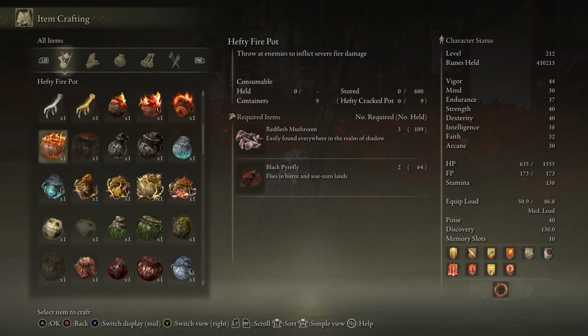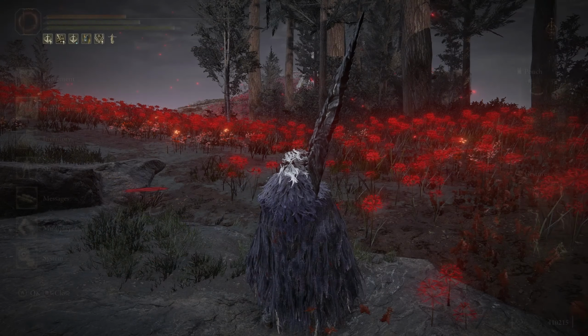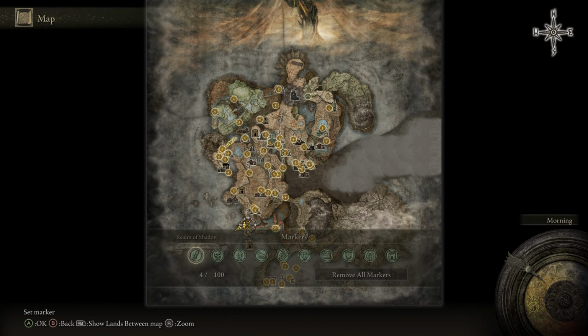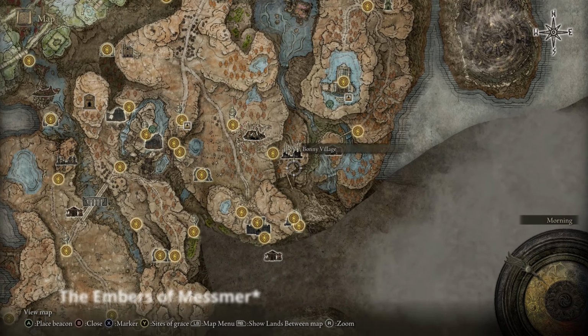So yeah, you need the red flesh mushrooms, which can be bought from the finger maidens if you've handed in the relevant bell bearing to them. And here are the furnace pots, and apparently they do a lot more damage to these furnace golems, but they need embers of mesmer, which I've only found in one place. Same mushrooms, but then there's that furnace visage, and the only place that I've been able to find them is